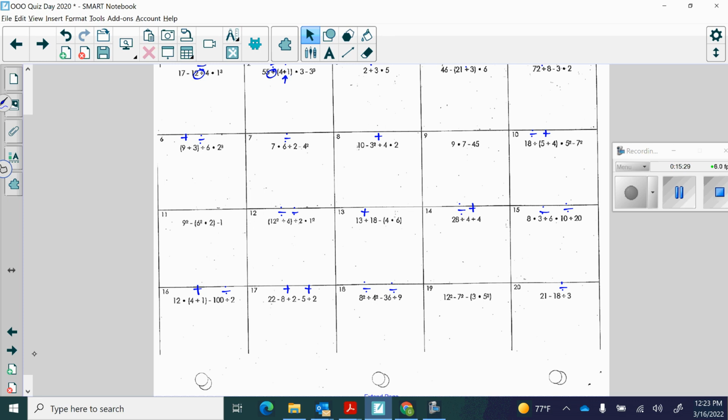Number 18. Between the two exponents at the start is division. Between the 36 and 9 is a division. 19, those are all clear. 20, between the 18 and the 3, that is a division sign. So everybody should have the same numbers to start with. Okay, any questions on any of those? Okay, here's what we need. You guys now need to take your